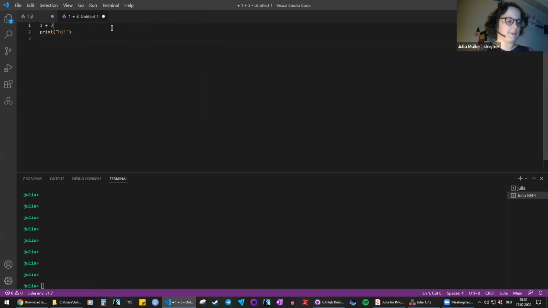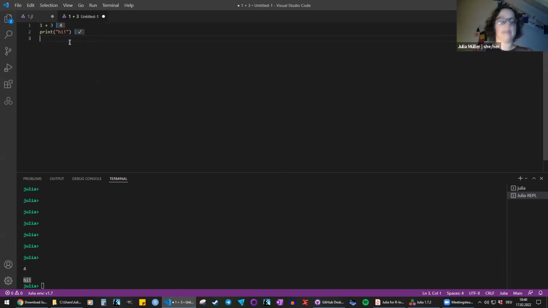If I want to run that, I can hold Shift and then hit Enter. You can see it puts the result in the same line, and it also puts it here in the terminal. And same if I run this line, it just printed hi, and it tells me, yes, I ran that line, and it printed here in the terminal, right?